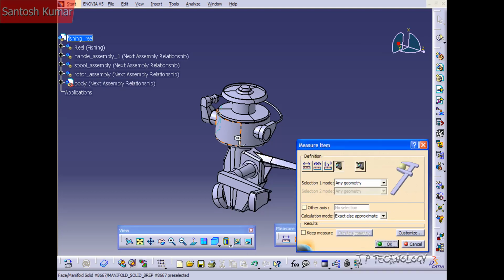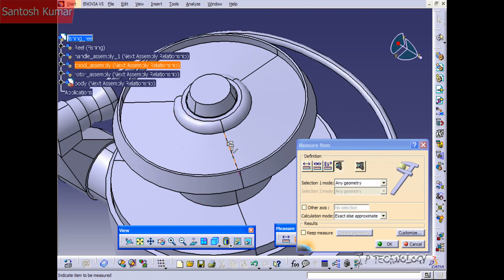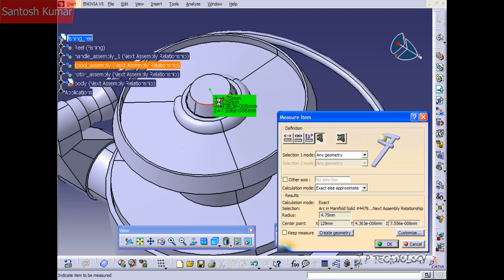Click OK. And let's choose a straight edge. So up at the top here, let's choose this straight edge here. And we get a value of 12.659. Now if we choose the radius here, the curve, we're going to get